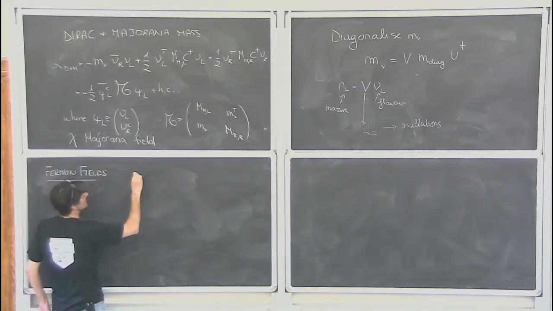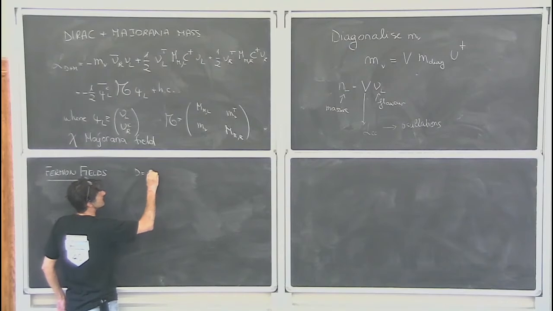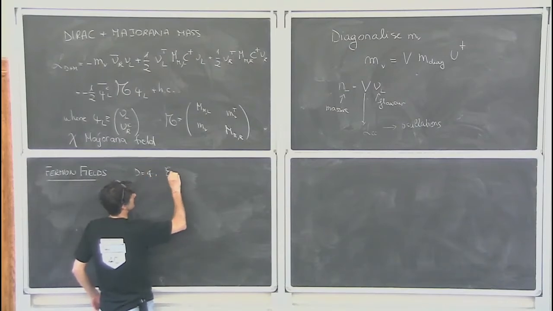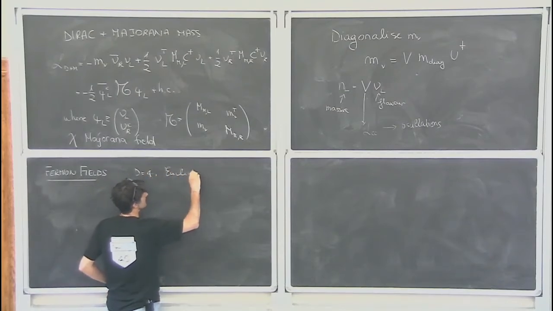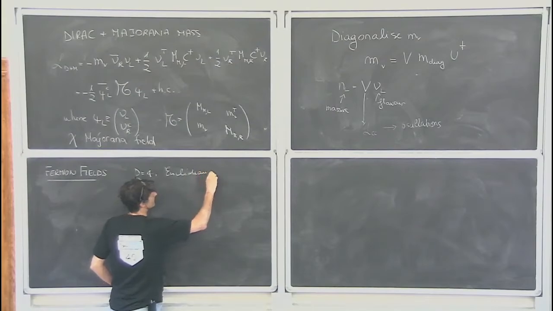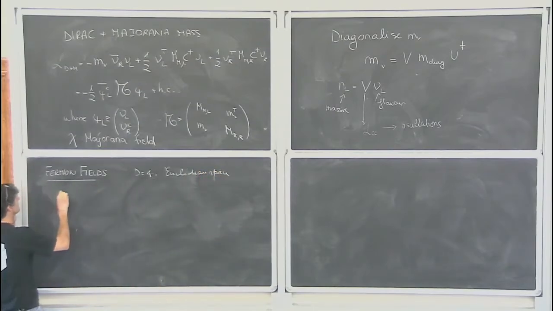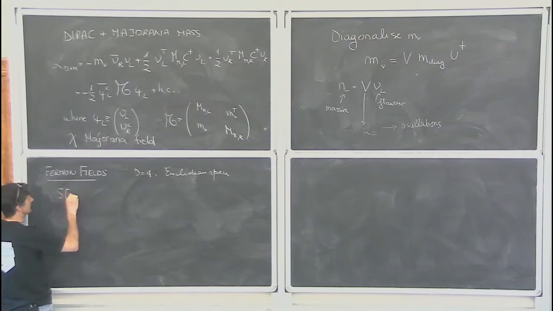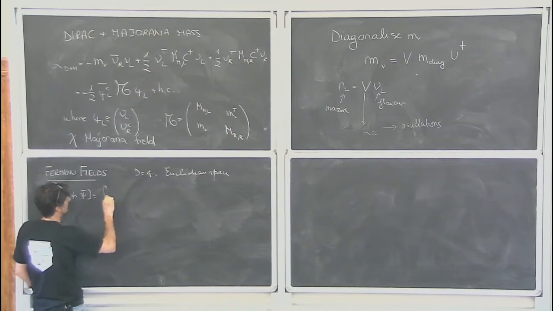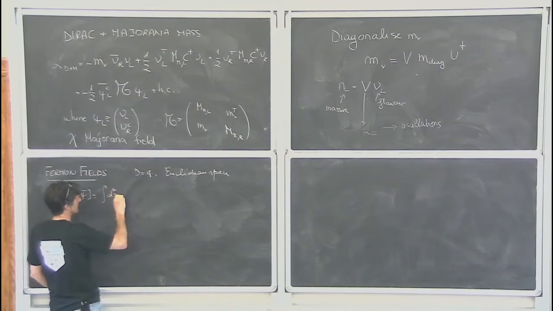So d is equal to 4, and we are in Euclidean space. In the continuum, we can write an action. Let's consider free fields to start with,